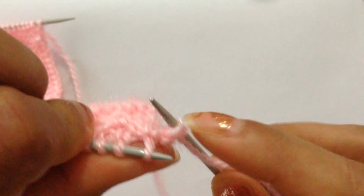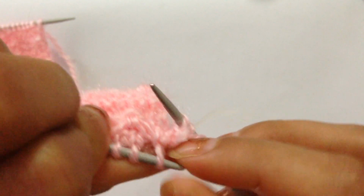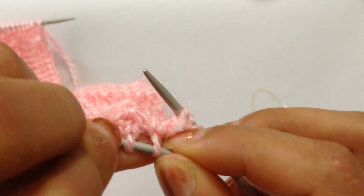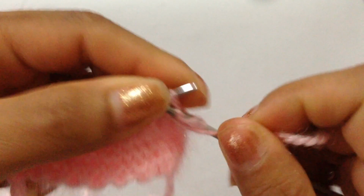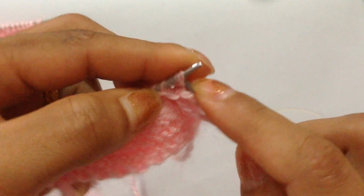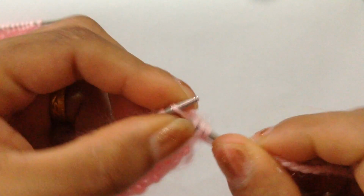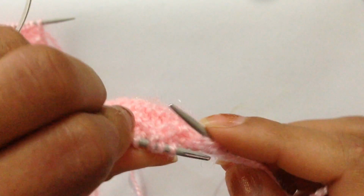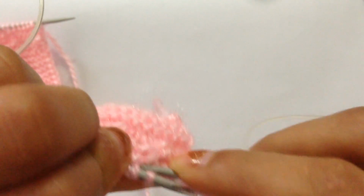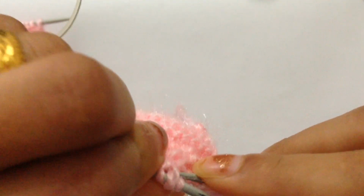And now we have this another attached stitch and one knit stitch. So we're going to pull that knit stitch first and pull the attached stitch, right? So that's the one repeat. And now we're going to insert our needle into that first attached stitch like that